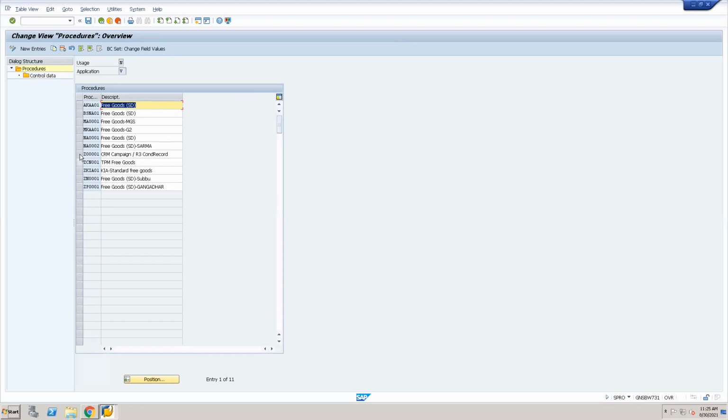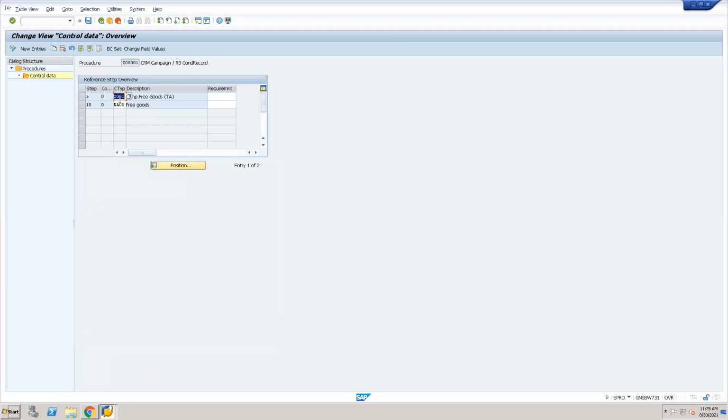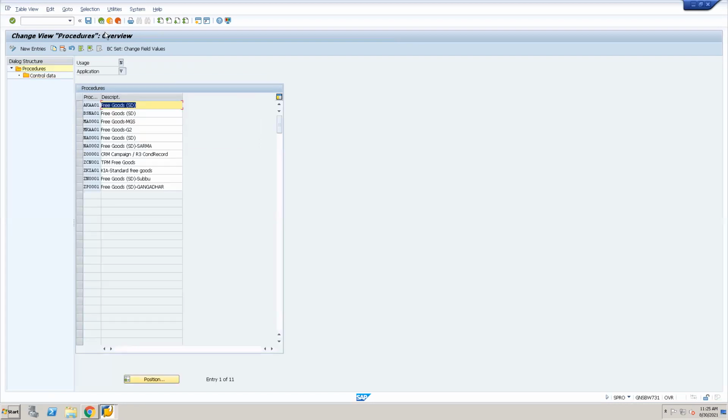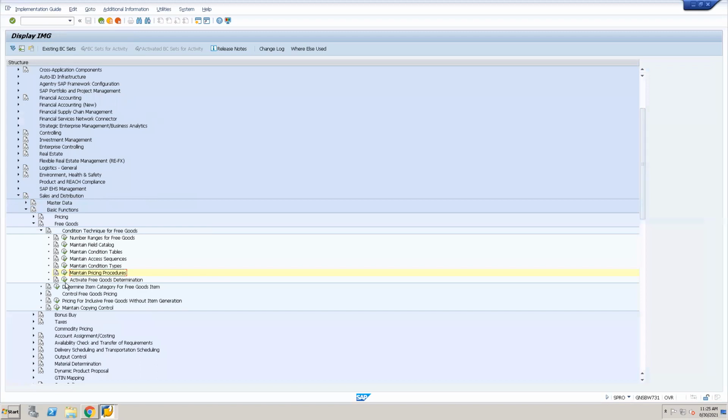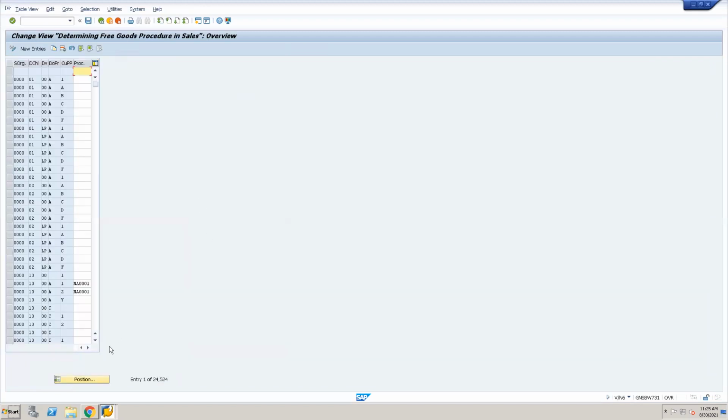Once you define that procedure, you will maintain your free goods condition type under that particular step, and you will assign it. The next thing you have to do: that free goods procedure, where it should be active, you will be assigning it to a particular sales area, document procedure, and the customer procedure.